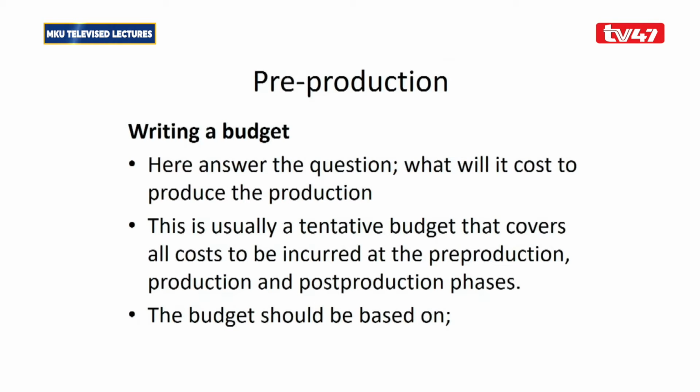Even if you're going to be using all the resources from your production house, for example, the equipment, the workers within your production house, the locations within your production house,